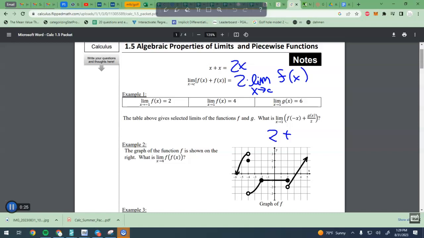So then the g of x part, you plug a 1 in there, so now it's g of 1. As x approaches 1, g of x is 6, so that top part is 6. And then you got the divided by 2 piece. So 2 plus 3 is 5. Is there a hand up? I think I saw you